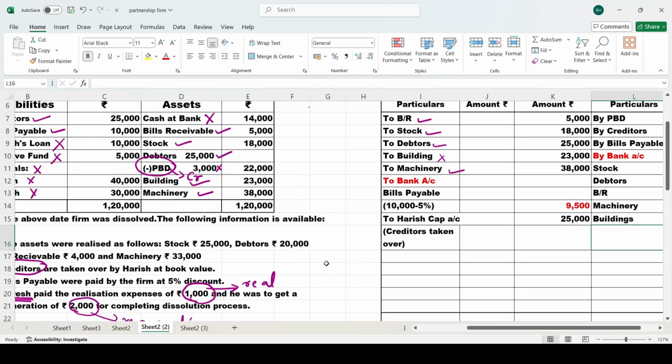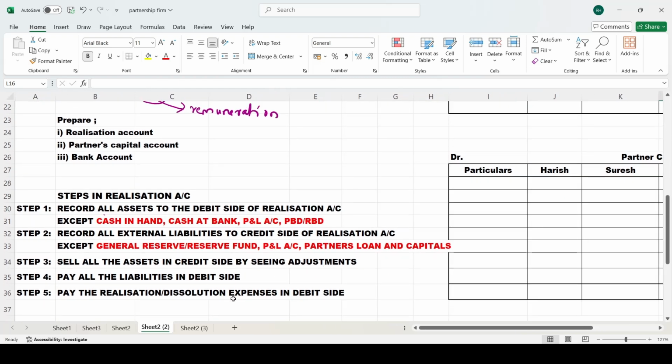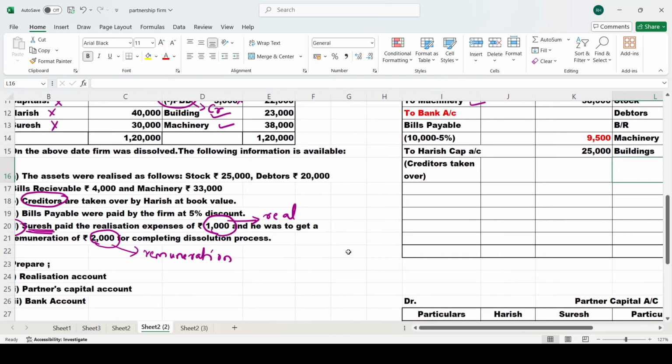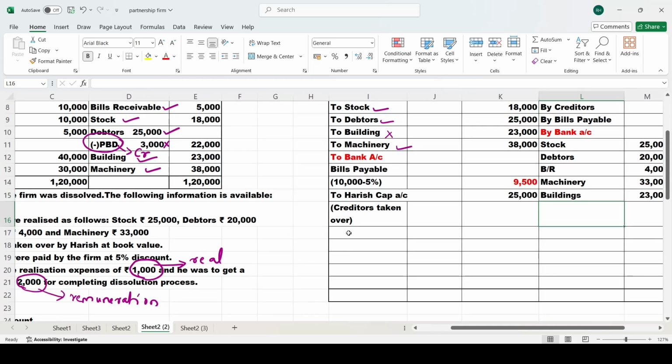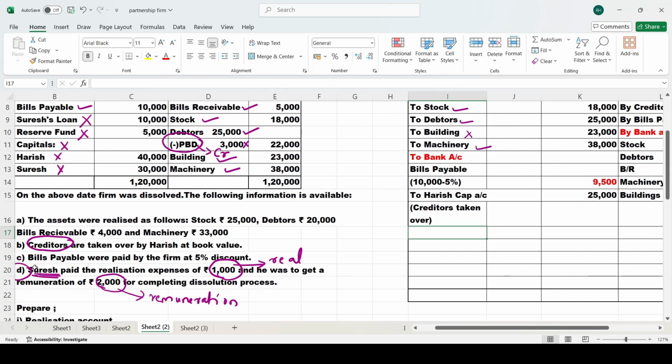All the 4 steps we have completed. Now come to the last step. What is the last step? Pay the realization or dissolution expenses in the debit side. Usually when any firm is paying, we used to write it as to bank account. But now in this problem, listen carefully, Suresh is paying the realization expense. So you should write it as